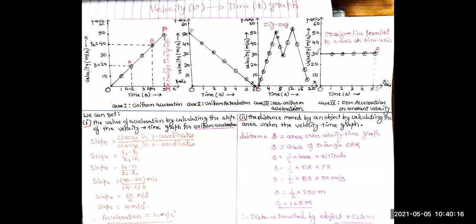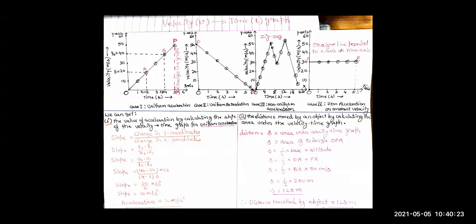So let's start with the velocity time graph. So on your screen, you can see velocity time graph. So we are plotting velocity on y-axis, that is in meter per second, and time on x-axis, which is in its SI unit, that is second, right? So let's start with the first case. That is, we'll go with this case, that is zero acceleration. Means there is no change in velocity or constant velocity.